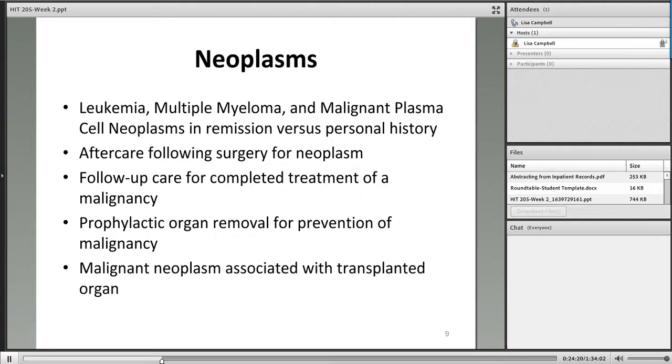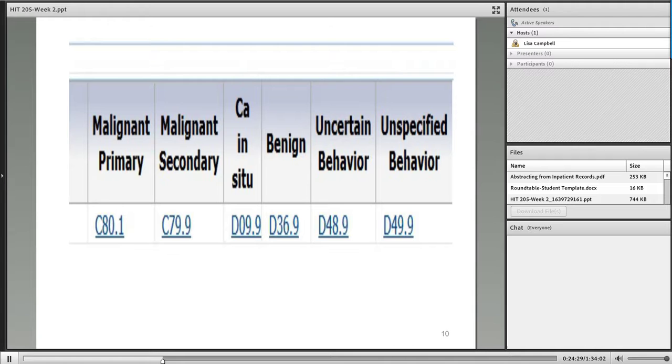Okay, and then there are some other guidelines that are listed here, some which are referring you to other parts of the guidelines. Okay, here is a copy of what the Neoplasm table looks like. A couple of things I want to point out. Number one, the Neoplasm table is after the index to diseases and injuries. Okay, and the Neoplasm table itself is divided into 6 columns. So what you should notice is that